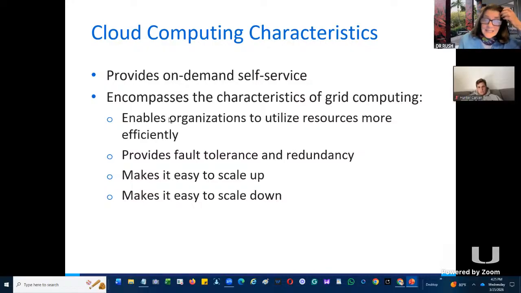So in essence here, what it's going to provide you is what they call fault tolerance. What does it mean, fault tolerance? It means if something breaks down, I'm going to create a situation in which I can have backup. If somebody goes in and by mistake my hard drive gets corrupted, redundancy means maybe I have another hard drive somewhere else in cloud computing. And what does it mean that it makes it easy to scale up?